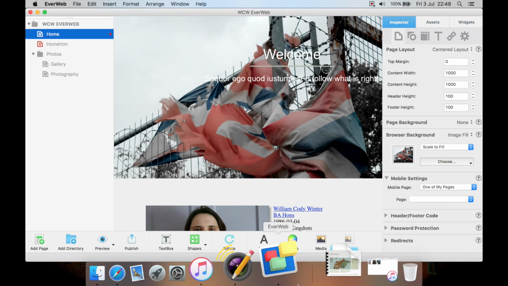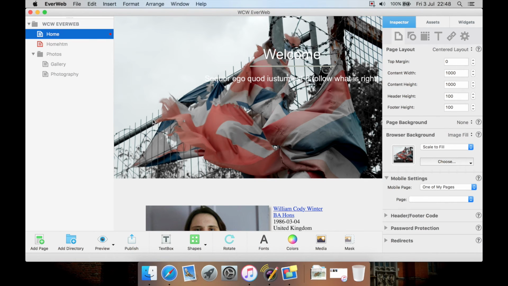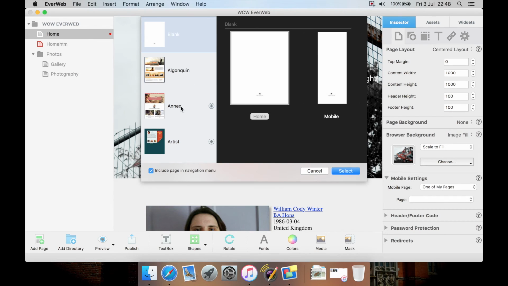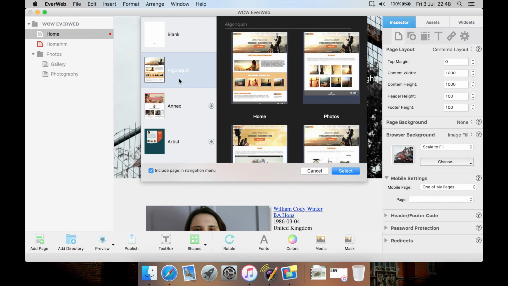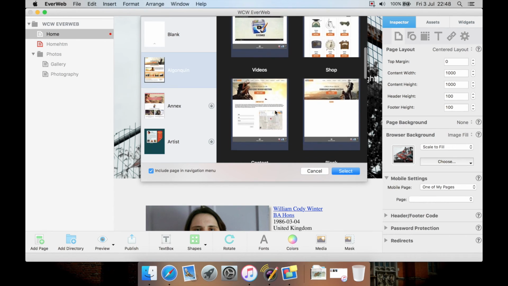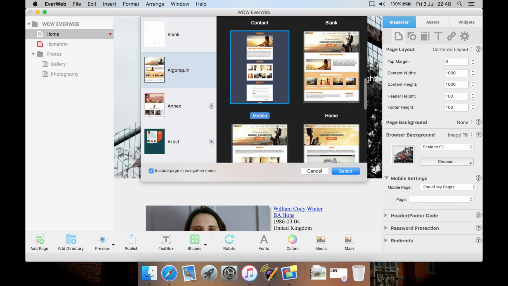Now let's have a look at EverWeb. What can you do about that if you have EverWeb? You can create a separate page. I know it sounds like a nightmare, and that's why I haven't actually gone through all the trouble of recreating the whole page myself. But you would basically go new page, find whatever template you may have been using, such as this one. This might be actually the one I was using. Then you find the one called mobile, create it,